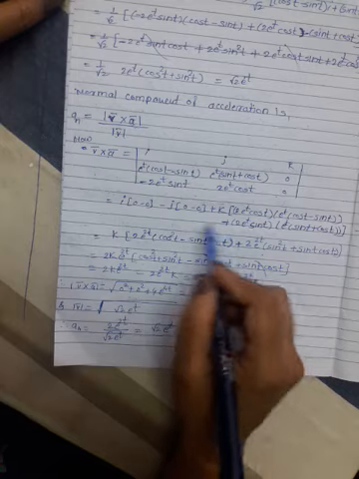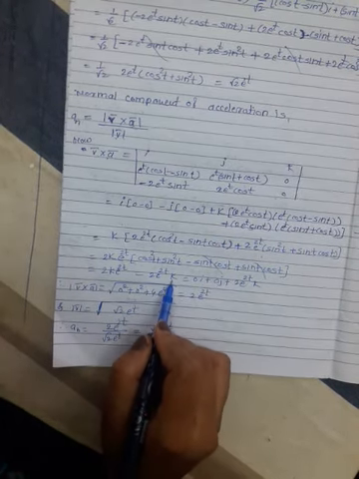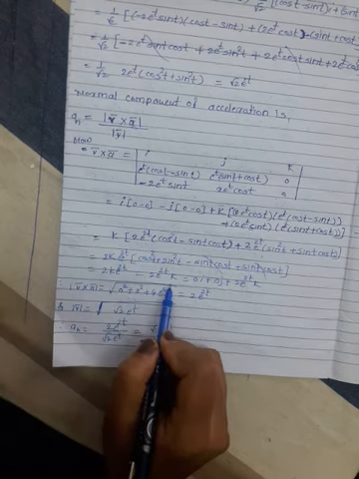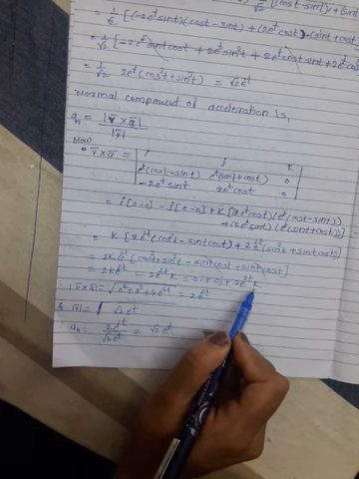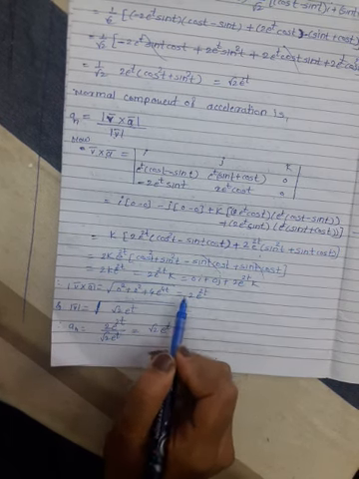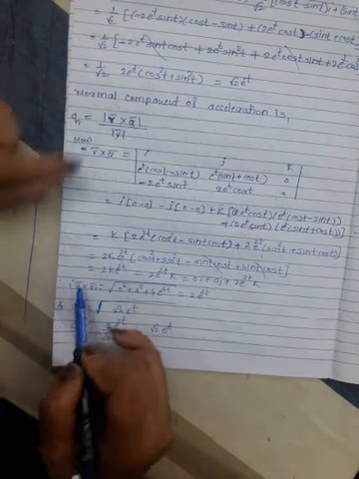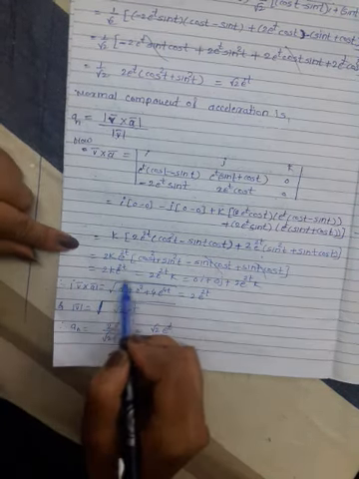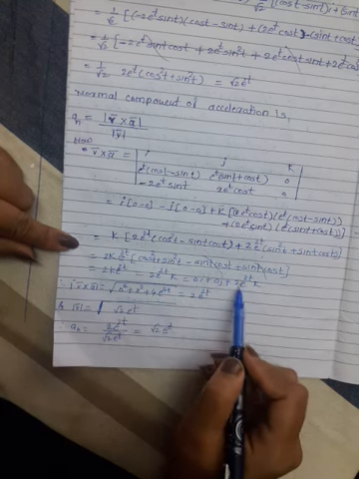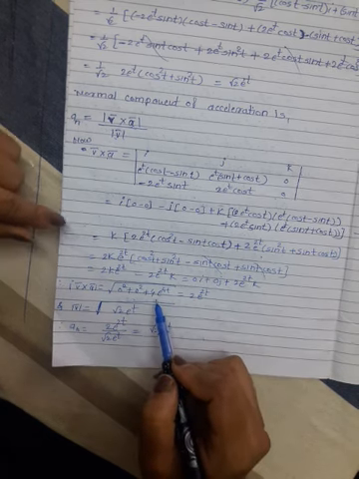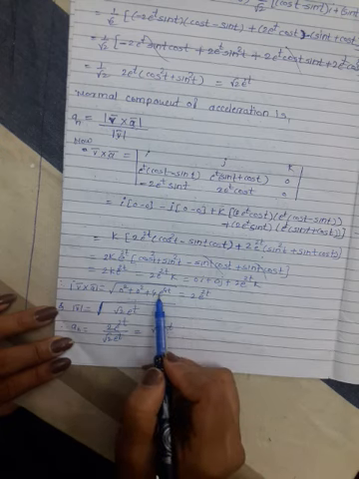Here you can see, when we simplify, the final answer is 2 e raised to 2t k only. The i and j terms get cancelled. That means 0 i plus 0 j plus 2 e raised to 2t k. This is the final answer for this cross product. Now we have to find the mod of this. Therefore, take the square root of the i coefficient 0 squared plus 2 e raised to 2t squared. This is nothing but 2 e raised to 2t.